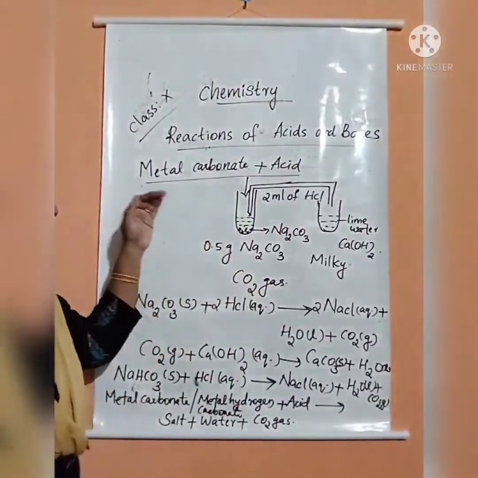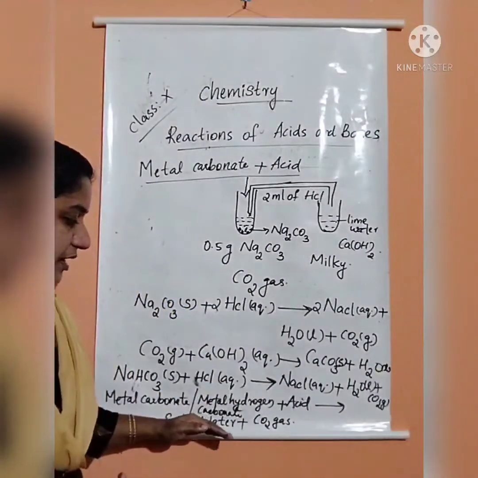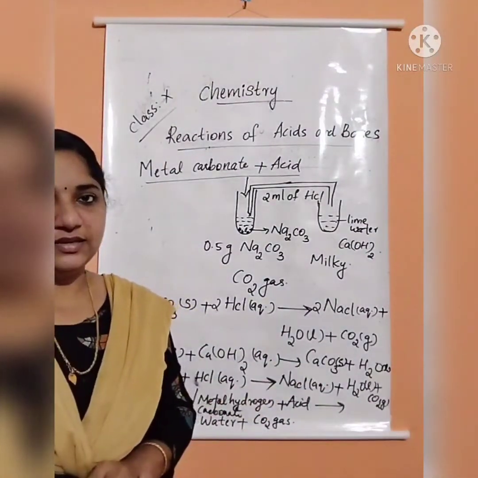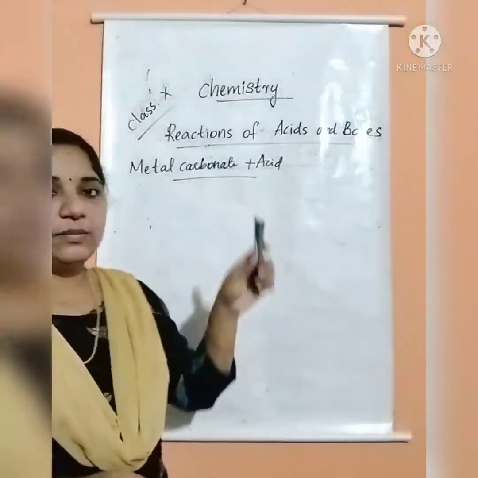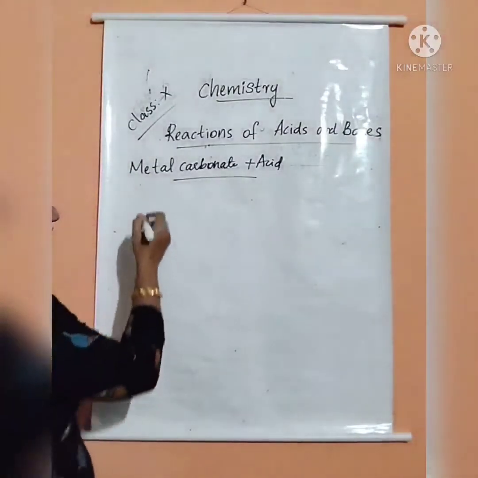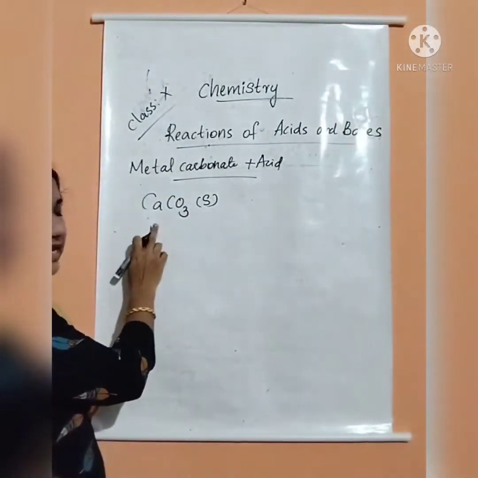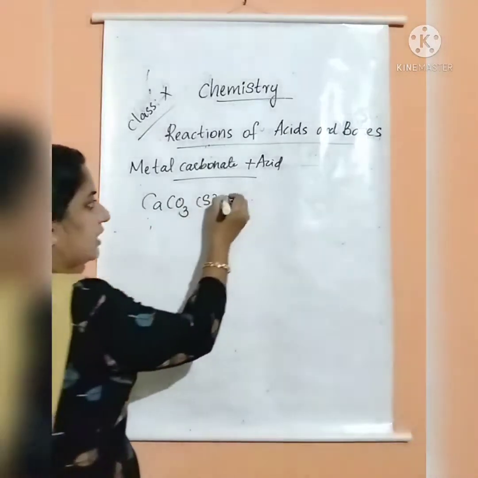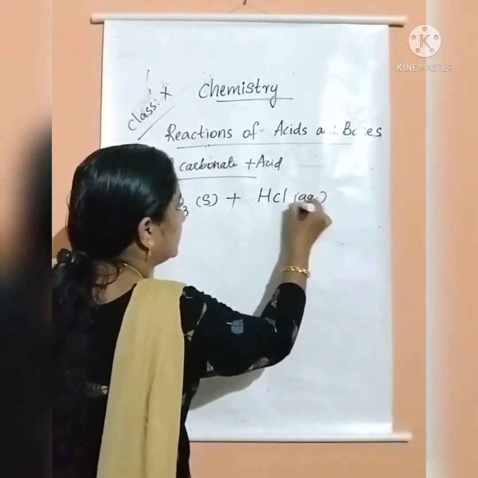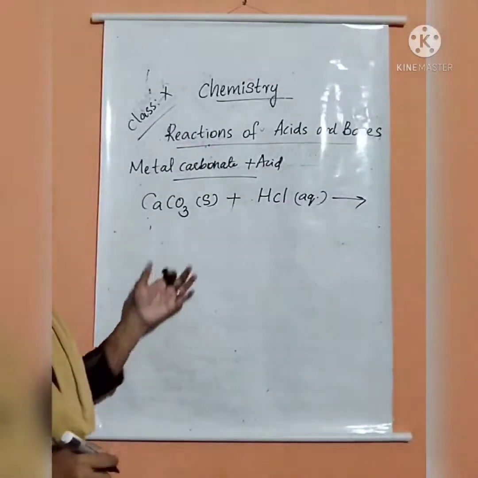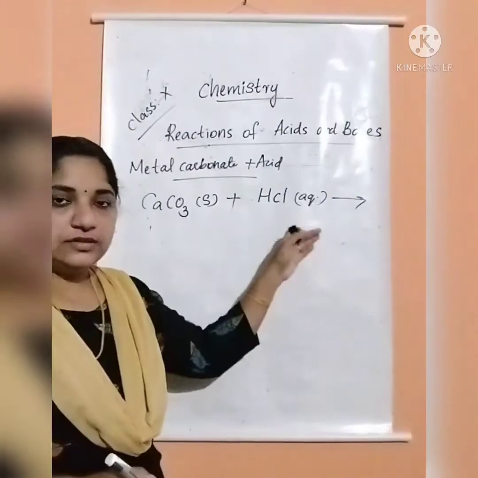Okay, so metal carbonate or metal hydrogen carbonate reacts with acid. The products are corresponding salt, water plus carbon dioxide. Okay. Children, another example for the reaction between metal carbonate and acid, that is calcium carbonate. This is a metal carbonate. Calcium is a metal, then its carbonate is calcium carbonate. React with the HCl, that is aqueous form. When it reacts, here also it forms corresponding salt, water and carbon